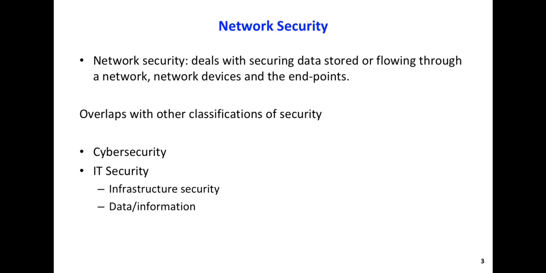So what do they expect? They expect that they should be able to confidentially send their data to the receiver. So Alice could be a sender sending to Bob the receiver. Bob could be a sender sending to Alice the receiver. And they want confidentiality because of the nature of the messages. The other thing they want is the data should not be tampered with. So the data should not be changed, otherwise the meaning of the message that is going might change. The data should not be stolen, the message should not be pilfered. No one else should be able to